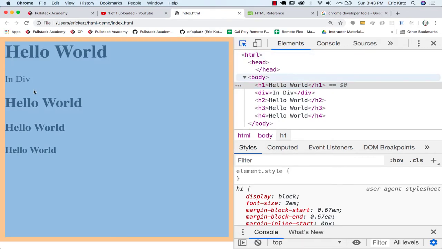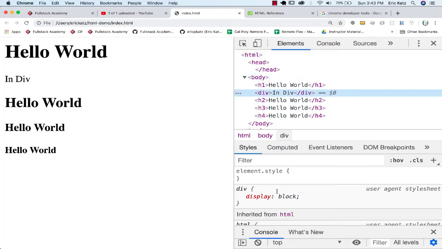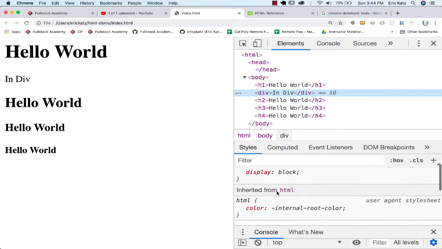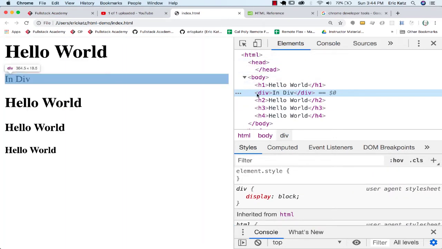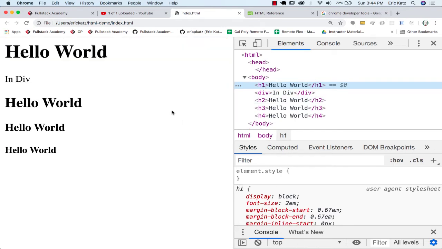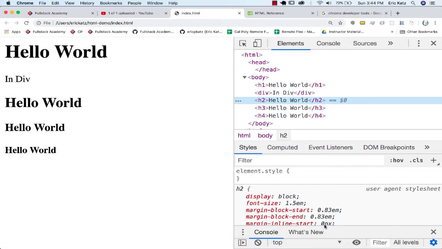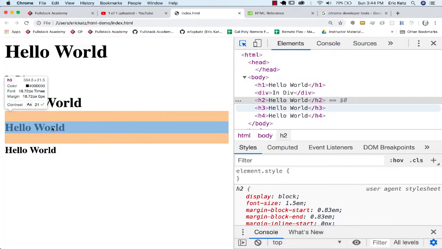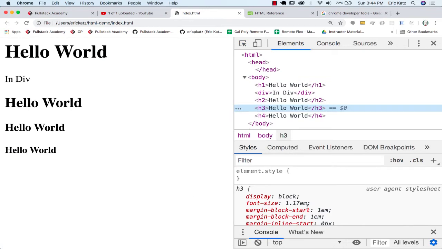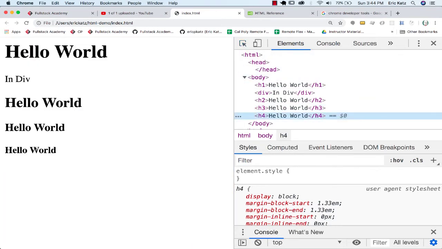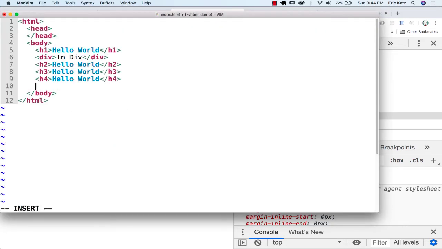If we look at this, we'll find the default size of a letter, because there's no size specified here, but if we go up here, we'll see that this H1 is twice the size. If we end up looking at the H2, it's 1.5 times the size. And if we go and look at the H3, it's 1.17. So these are all variations of this. If we went down to an H5,